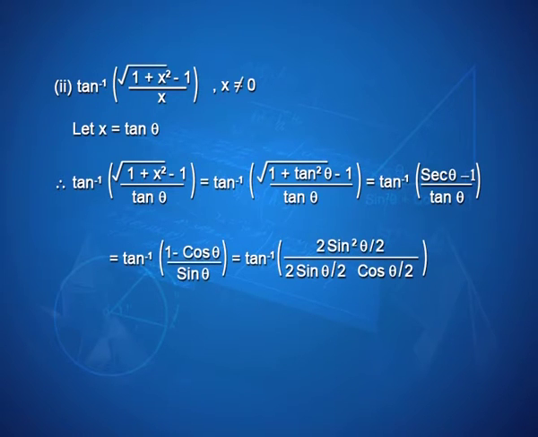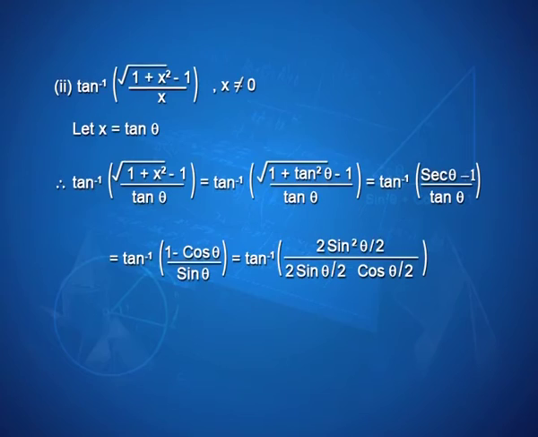Simplify further, that is, write sec theta as 1 by cos theta, and tan theta as sin theta by cos theta, you end up with something like this. Now, I am sure you are ready to use the grade 11 trigonometric formulas, which says 1 minus cos theta is, we just did that, 2 sin square theta by 2. So, what about the denominator? I should write that also in half angle form, you agree? So, sin theta is 2 sin theta by 2 cos theta by 2. Let us put it all in place and see things working out. And that leads us to tan inverse of tan theta by 2, which gives us theta by 2.